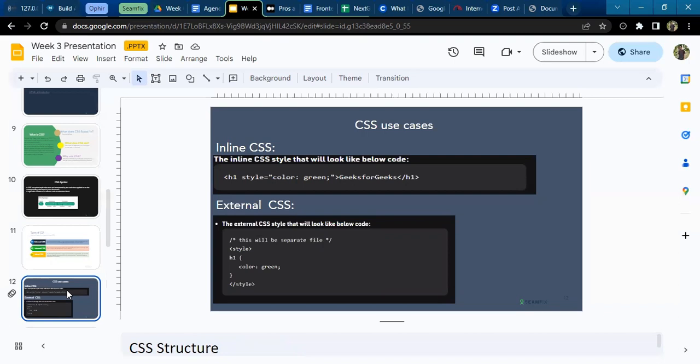We have the external CSS. Can anybody determine the difference between the two? Between the two images we have here? Anybody? Does anybody know the difference between the two images we have there? Let me try. All right, try. So